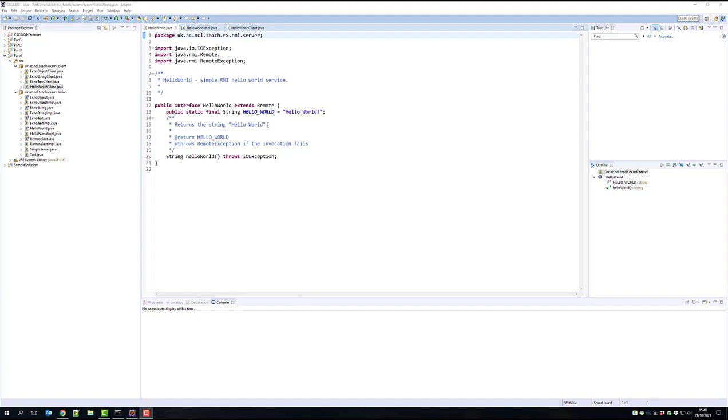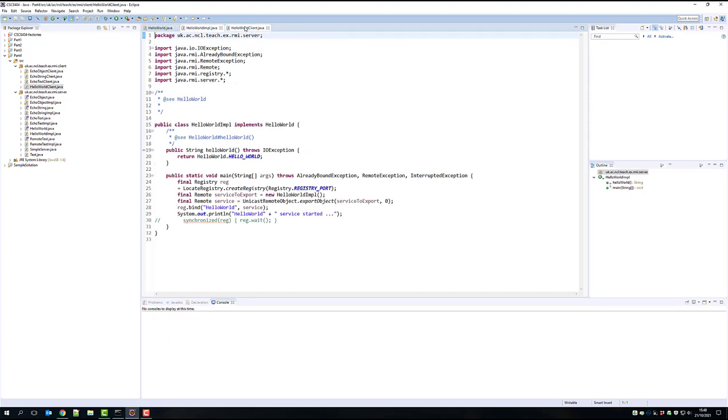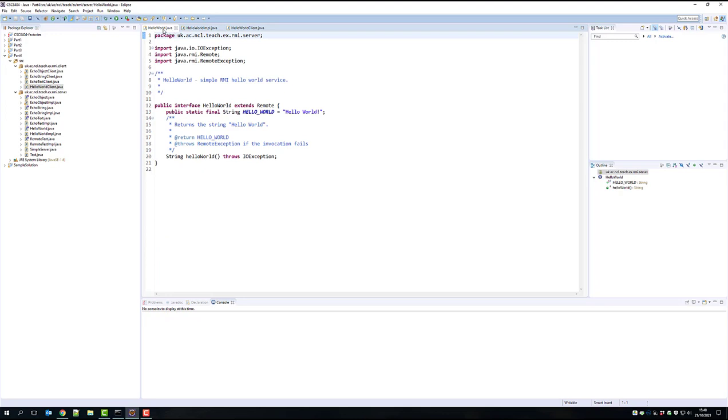Okay, so let's take a look at our first example. Let's have a look at the code. So there's our hello world example. It consists of three files. We've got the hello world interface, and you notice here that we're extending the remote interface, and this is how we're making our objects accessible remotely. So this interface has a single method, and it returns a string, and you can all guess what that